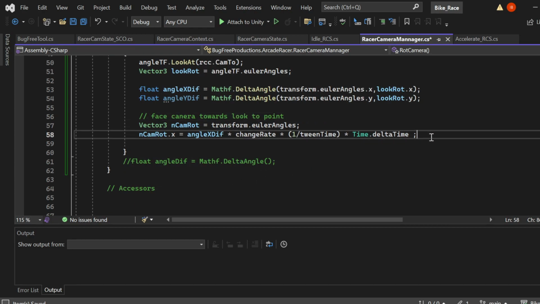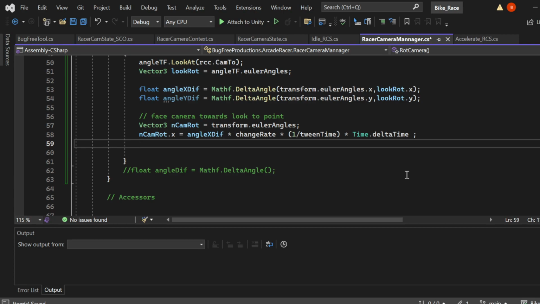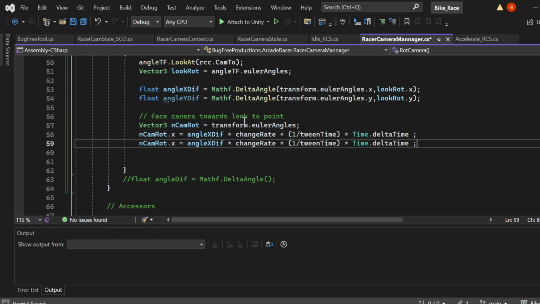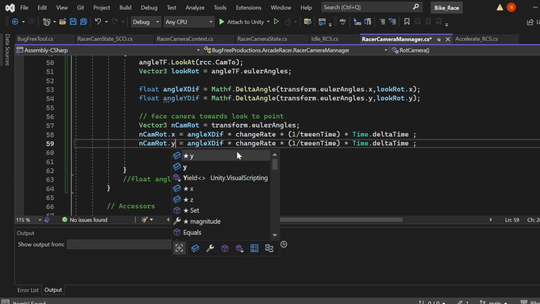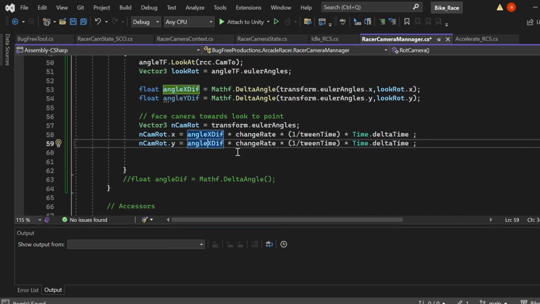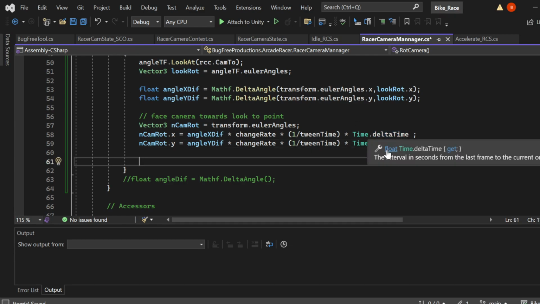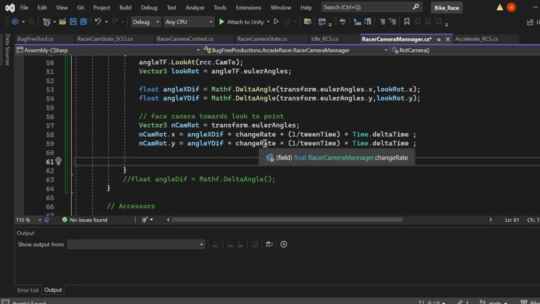So that's all nice. And what would we do? Well, we still haven't assigned anything, so we're not going to need the z, we're just going to need the y. So then we do the same thing for the y. Let's go ahead and just duplicate actually. We go back, y, angle y diff, and we go change rate between time delta time. All good. If we wanted to change this, we could have like an x rate and a y rate,